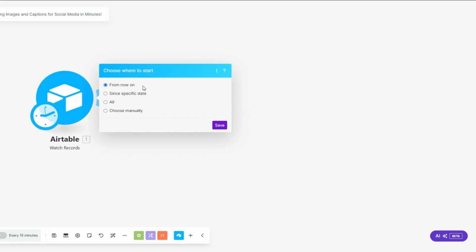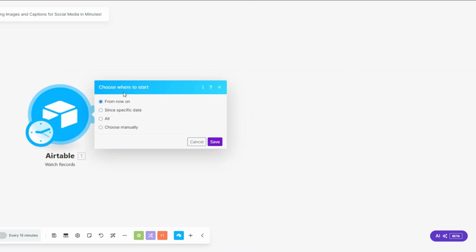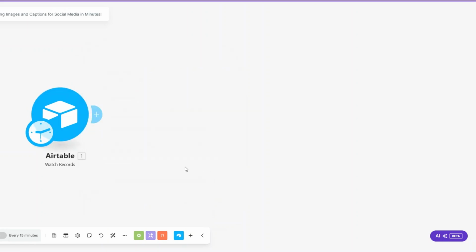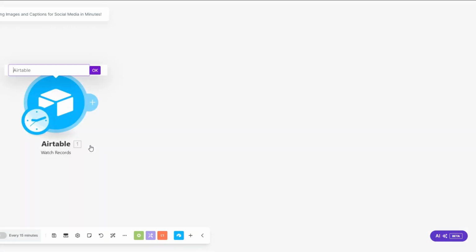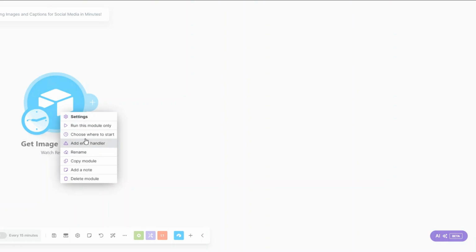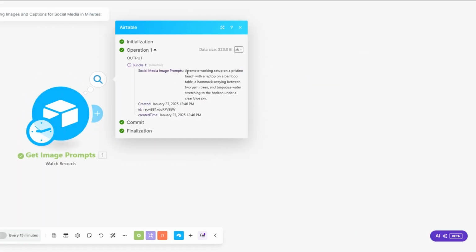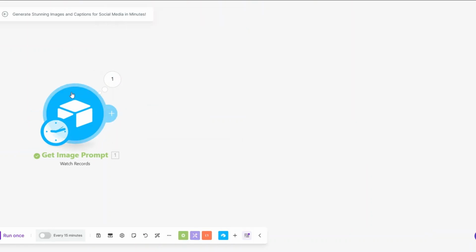You can choose to start from now, since a specific date, all, or choose manually. Since I already have the prompts on my Airtable, I'm going to choose manually and choose one of the prompts of the image I would like to generate using AI, and then click on save. So with this module, we are getting the prompts right here. So if I run this module, you can see we're getting our image prompt right here. Now, with our prompt,